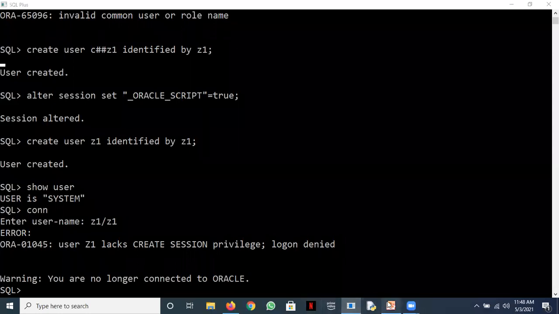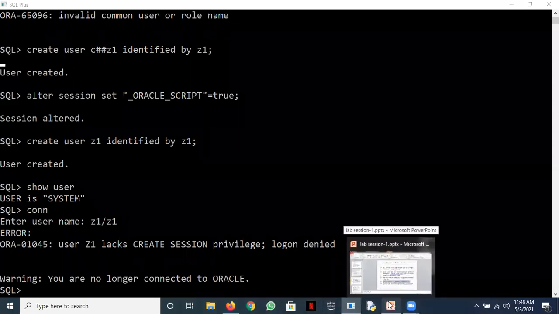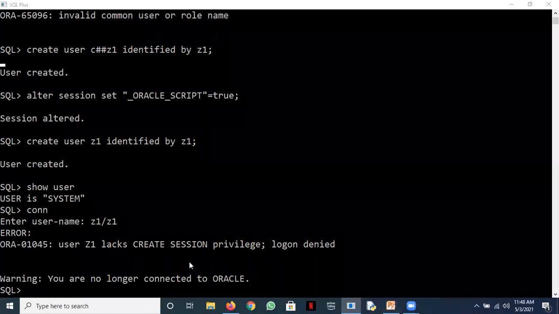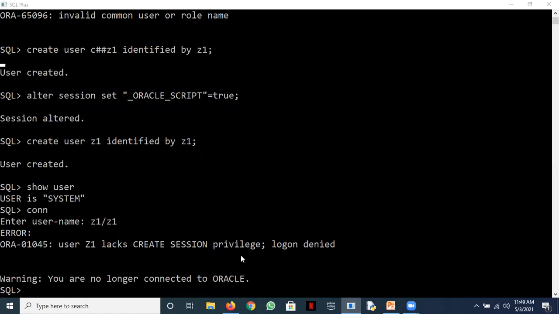Our today's topic is about privileges and roles also. So all the words you can see here, user Z1 lacks create session privilege. While we created a user with this command, create user Z1 identified by Z1, we didn't give any create session privilege to it.